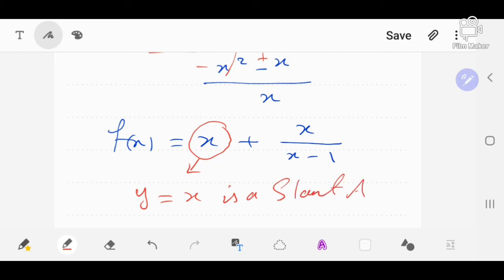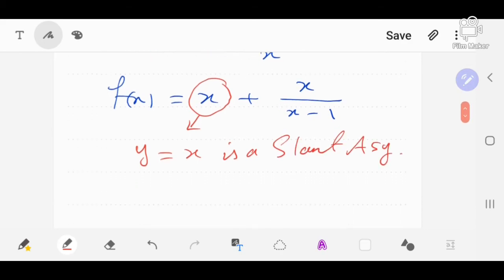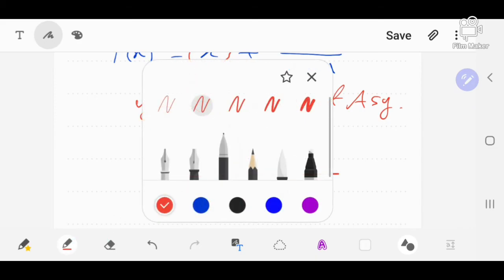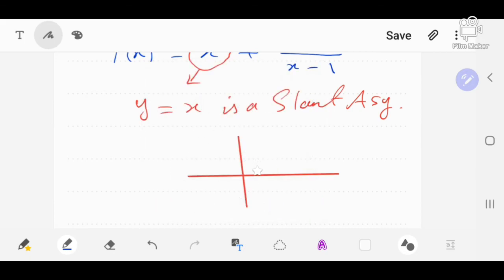So when you graph your function here, if you try to graph the function, you will have y equals x as a slant asymptote, and the graph will be